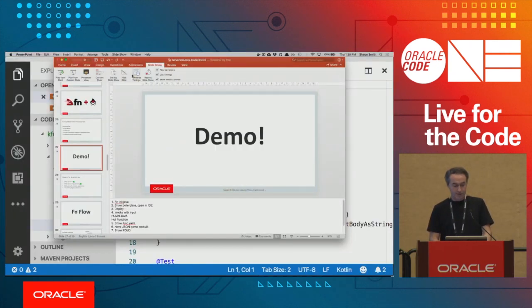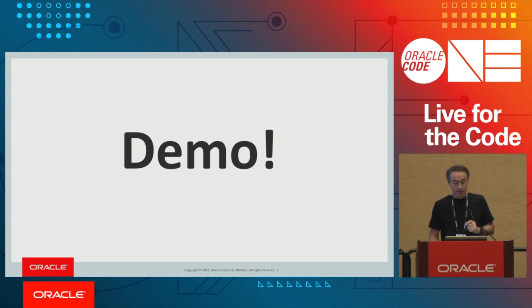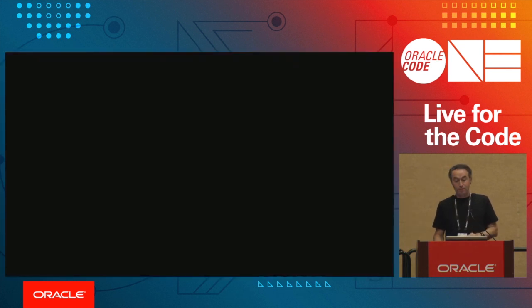Actually, hang on a second here. If you invoke the function, do you get back some kind of callback URL where you can verify the function is running, or do you have to wait for the function to finish? So the question is when I invoke a function, do I get a callback handle and I check it, or do I wait? In the current model, you're waiting. It's a synchronous function. We did have asynchronous functions implemented, and we've kind of deferred that. And we're going to come back to that feature.